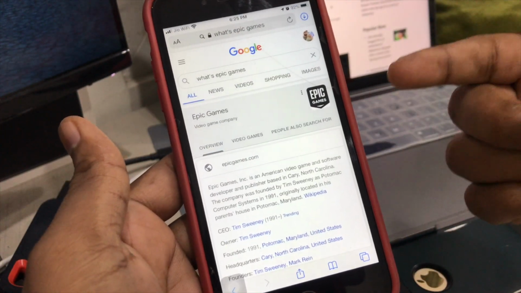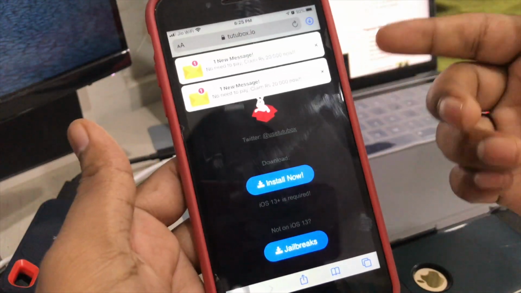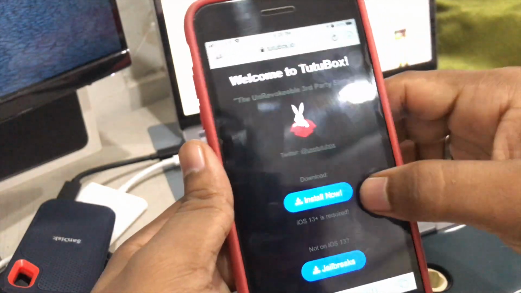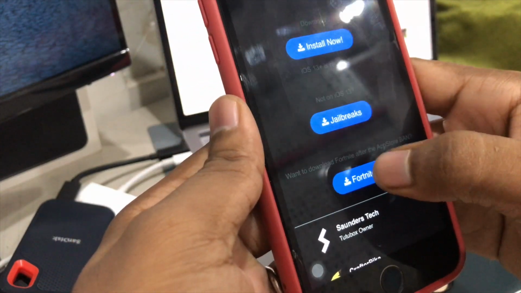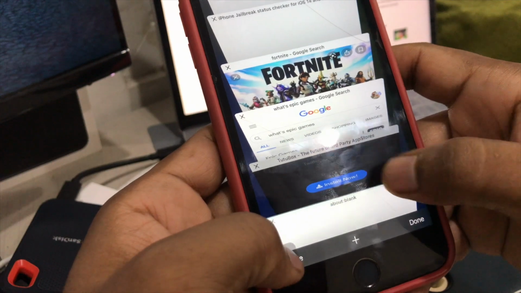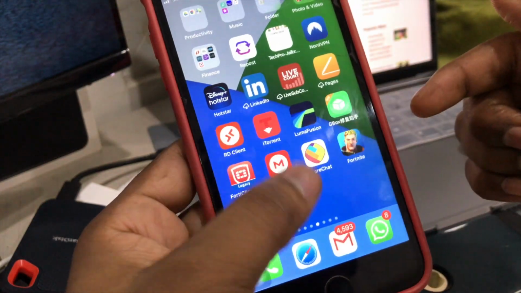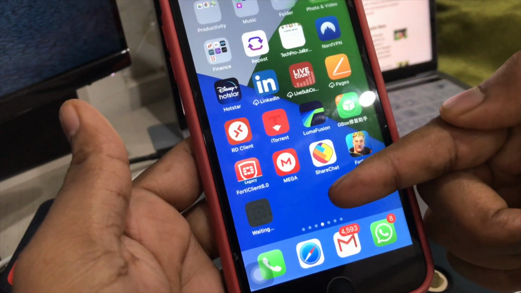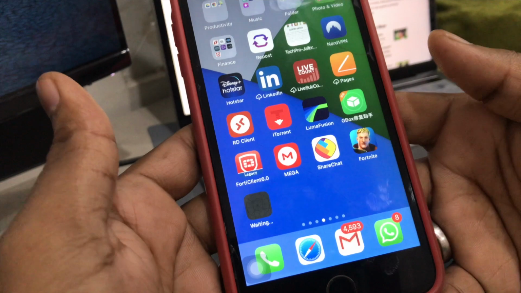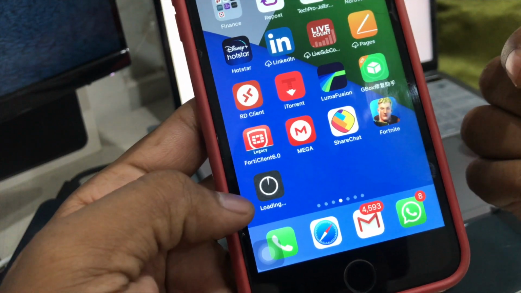if you are new here and you never installed Fortnite before, I'll show you the second method. This is optional. I don't know if this works or not, I'm not sure. When you head over to tutubox.io, you will have Fortnite. Go ahead and click on Fortnite. You will get these annoying ads, so close them, click on it again, and as you can see, Install. When you see Install, there we go, and it might install, so you just need to wait because it's a heavy file. As you can see, it started installing. So this is the first method and this is the second method.